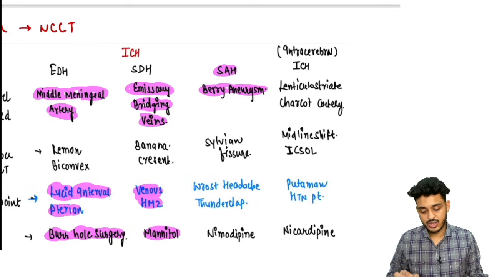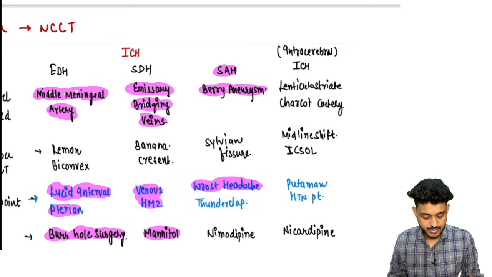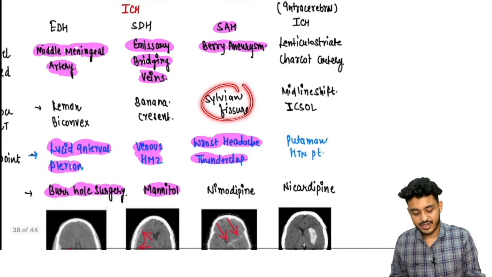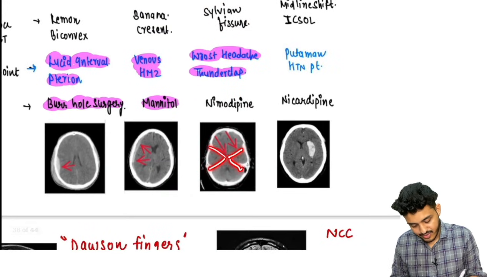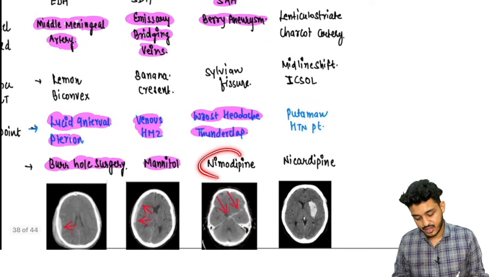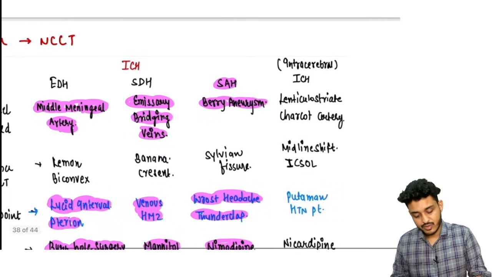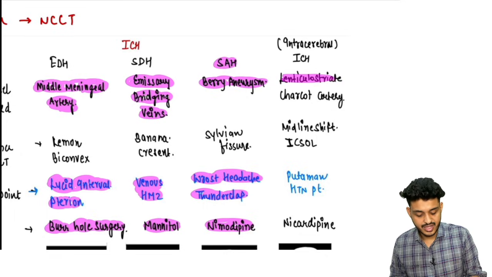It is the most important, worst headache of my life, or thunderclap headache. You will be having blood in the sylvian fissure. You can appreciate the blood in the sylvian fissure. And lastly, the drug of choice is going to be what? Nimodipine. And lastly, we have got intracerebral hemorrhage, where you will be having involvement of the lenticulostriate artery,